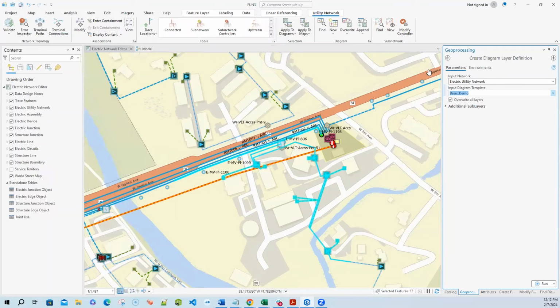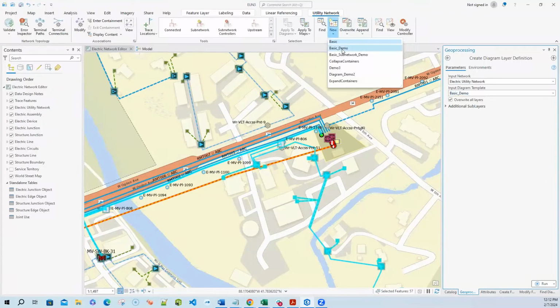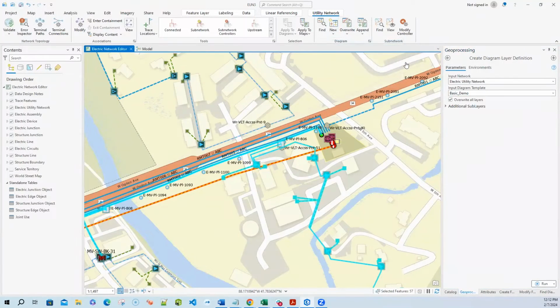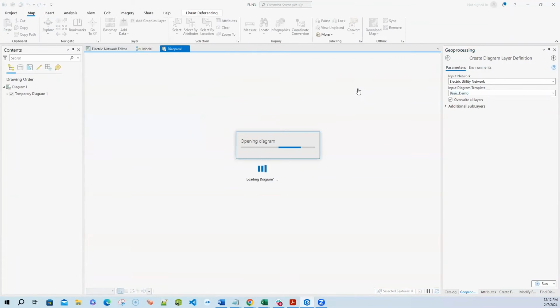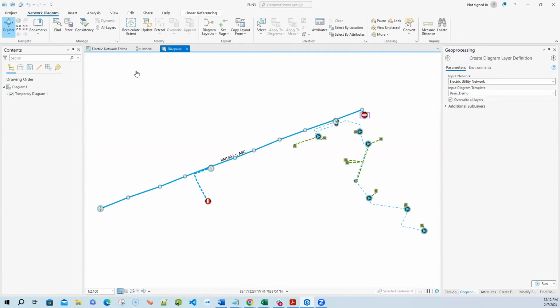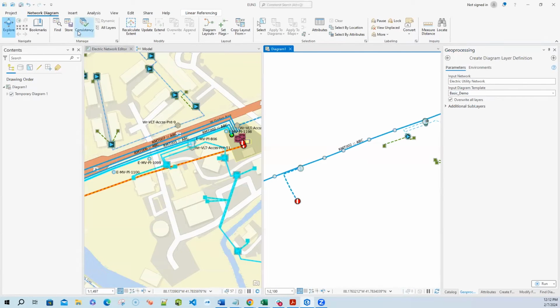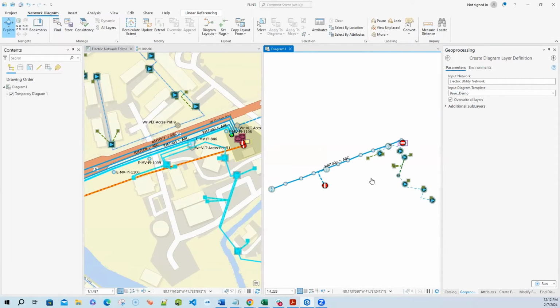So we'll close out of this basic diagram and we will look at the basic demo. Let's put that side by side. And right off the bat, this looks better. So we can start to see, you know, which features are which. We have our symbology, but it's still laid out. We haven't applied